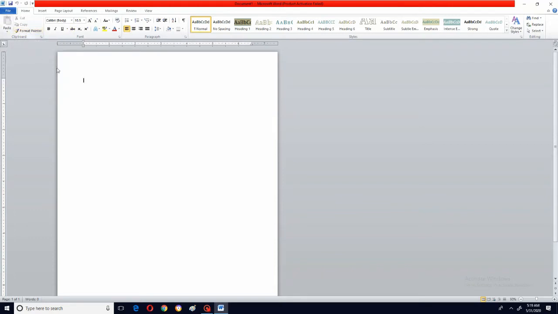Clipboard is about whatever you type, the matter or the data you type, and making some changes to it. First I will increase my font here. Now see, I will type something like ice cream. Now see here in the home tab, in the clipboard group: paste, cut, copy, format painter.